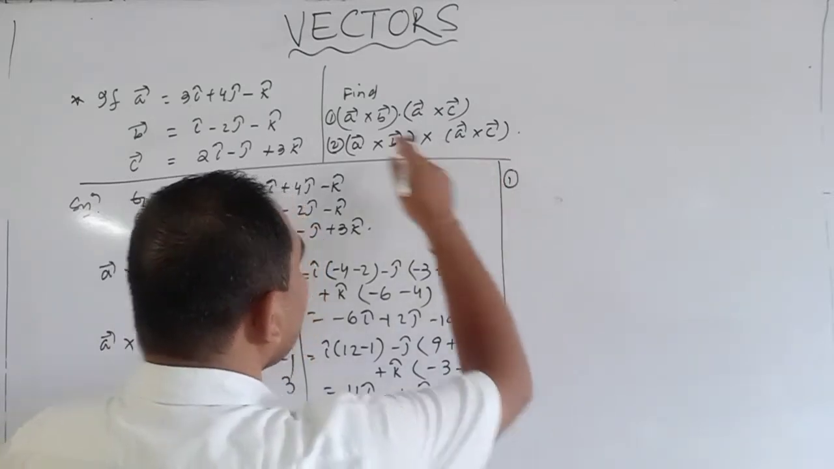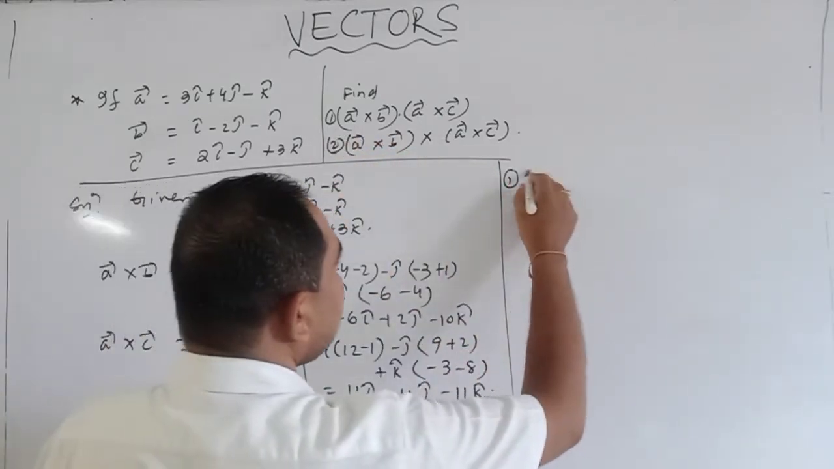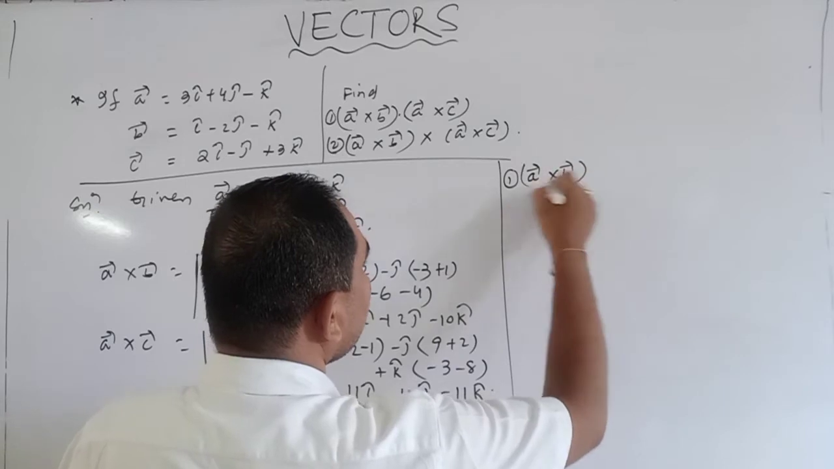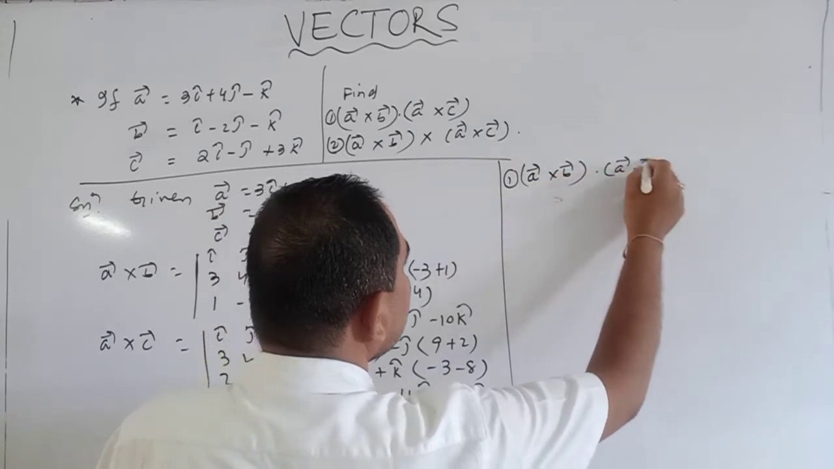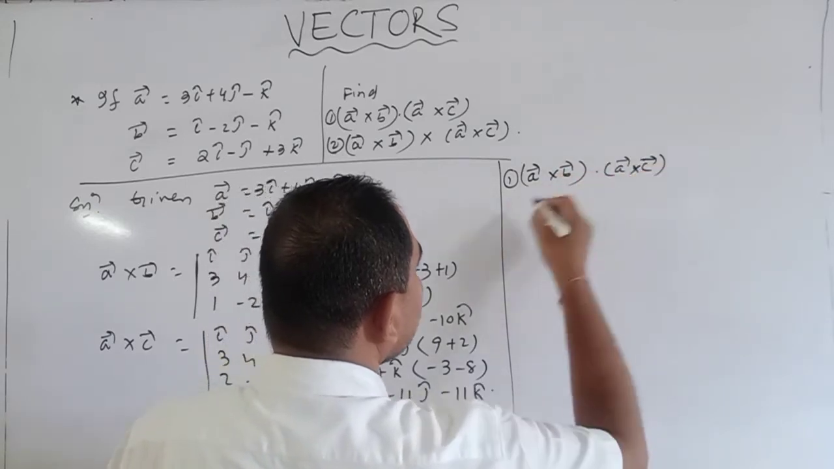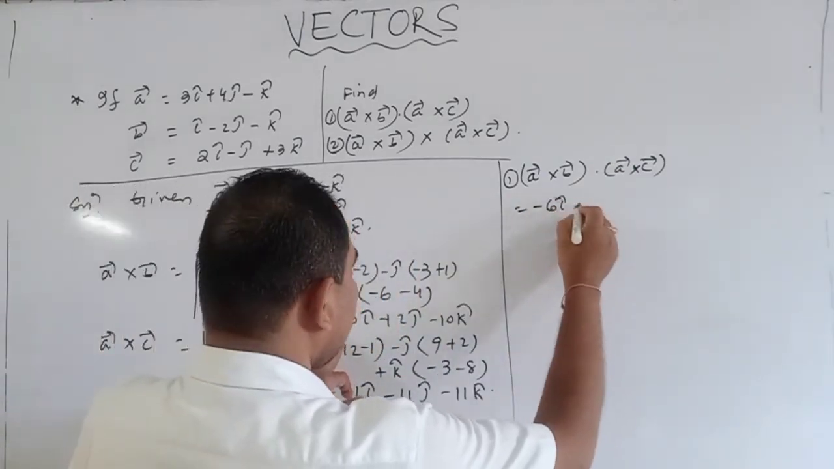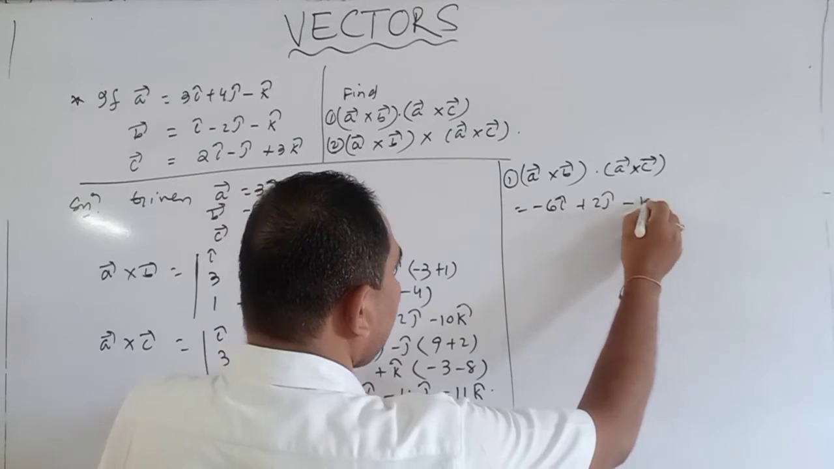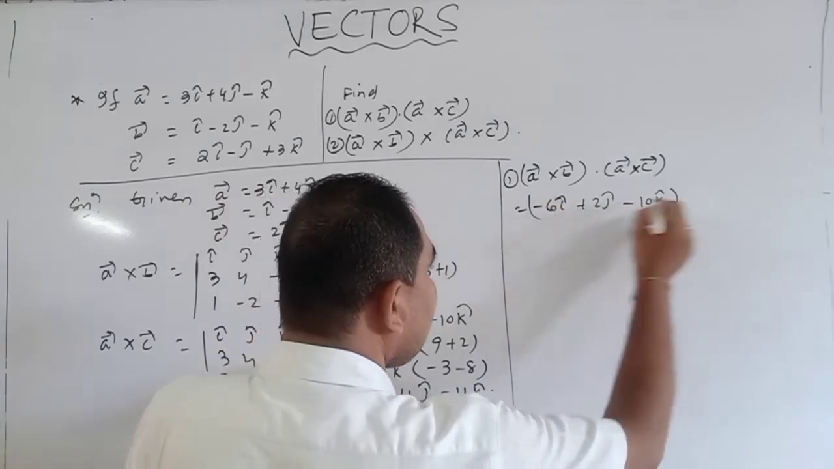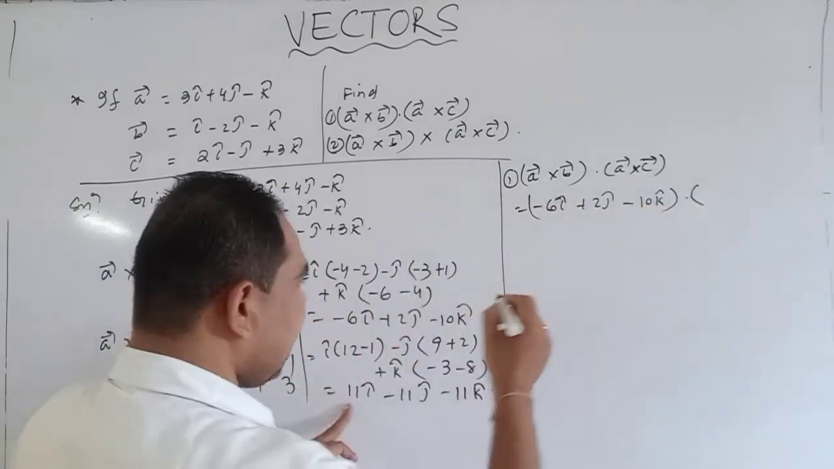Okay, so question number 1: given a cross b dot a cross c. What is a cross b? It is minus 6 i cap plus 2 j cap minus 10 k cap, dot 11 i cap